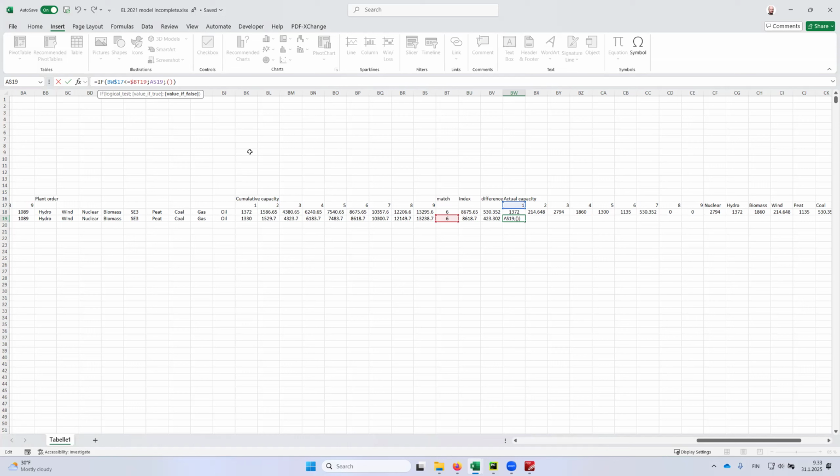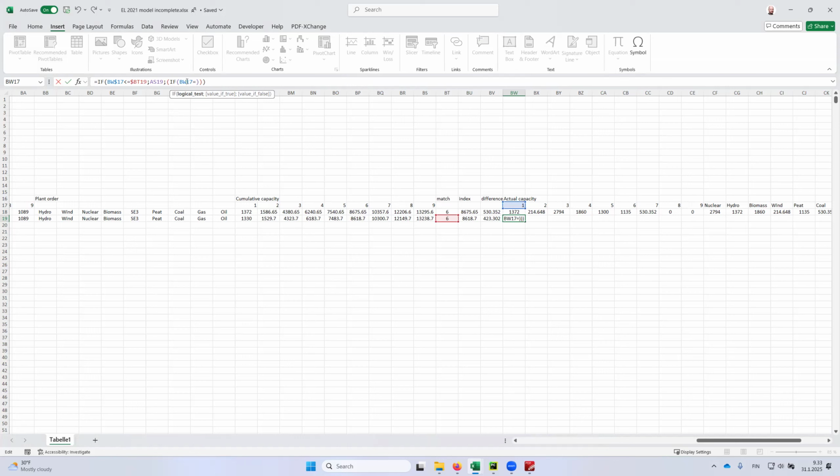So again, then we have the possibility. So this is the condition. What happens if it meets the condition, and what happens if it doesn't. We still have to see if this one